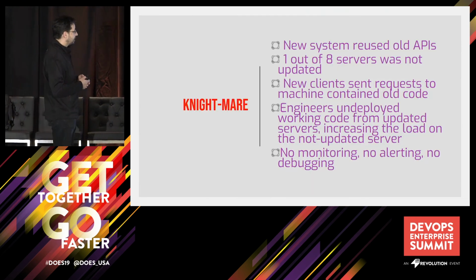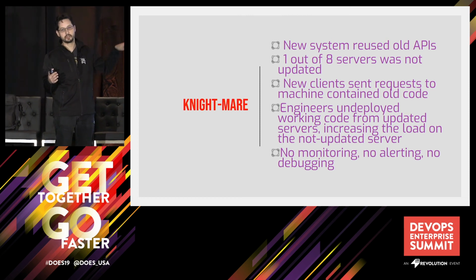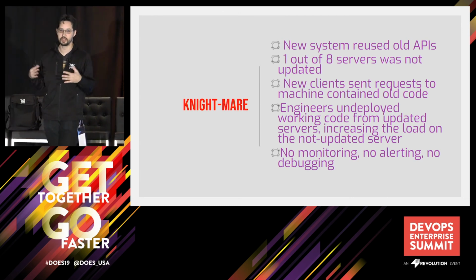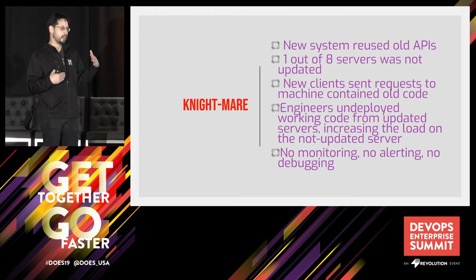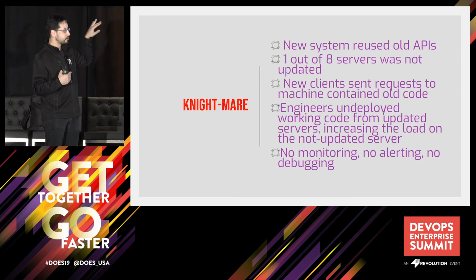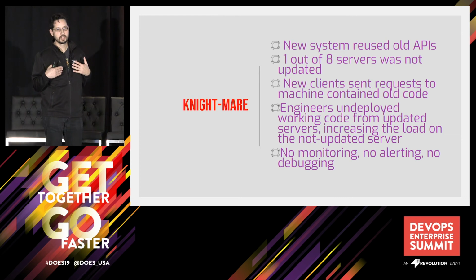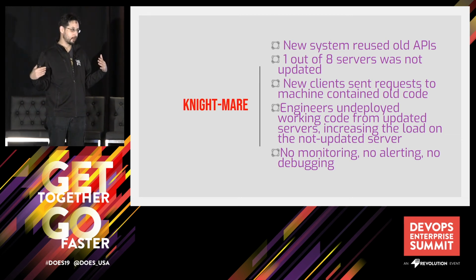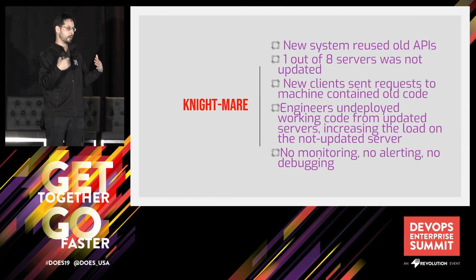What happened in this case is they had a bug which was introduced because 1 out of 8 of their servers wasn't updated. So there's a manual process for doing the server updates. They made changes in the API between the client and the server. If you hit one of the servers which wasn't updated, it failed. When they tried to debug this problem, they rolled back the servers. So now all 8 out of 8 servers were running old code. The clients are running the new code. All of the API requests are failing now.